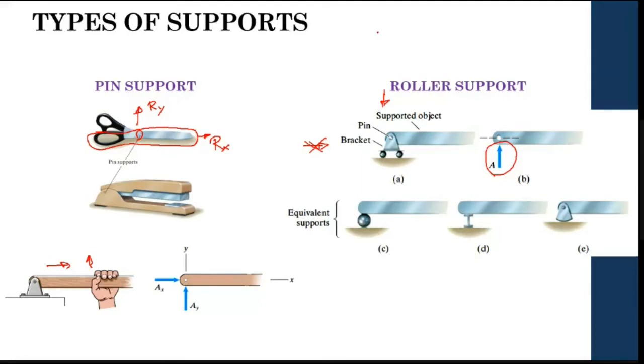Sometimes it may also be like this. So you have this rod like this. You may have a support like this also, a roller. In this case, X is applicable, Y is not applicable. It depends on the condition. It will vary. So these are some supports which have only one reaction. We call that a roller support.